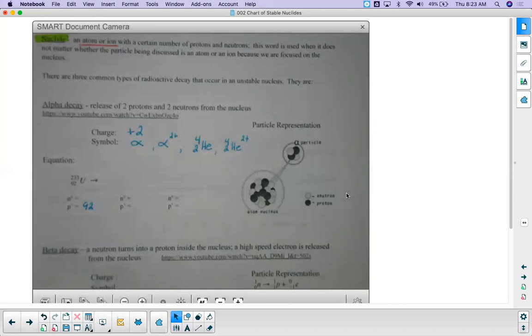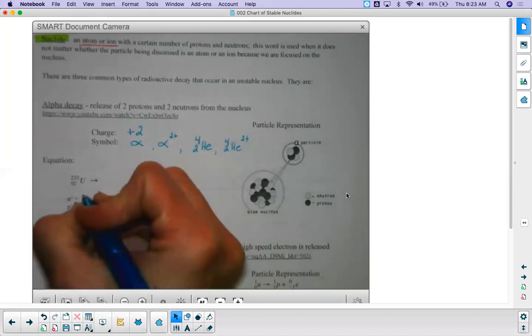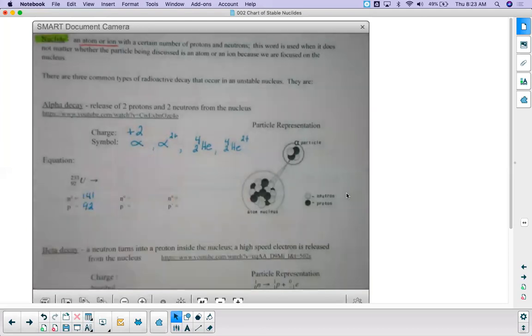So if I take the 233 and I subtract the 92, hopefully you figured out that you've got 141 neutrons